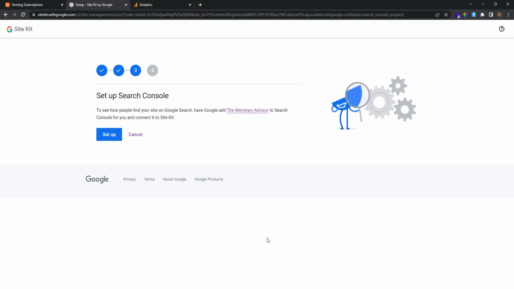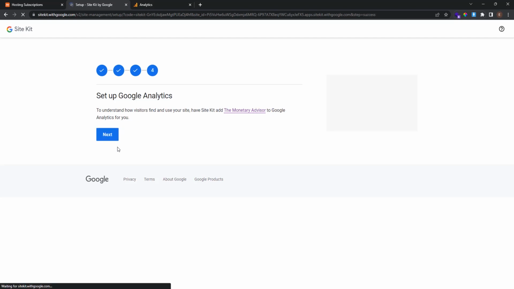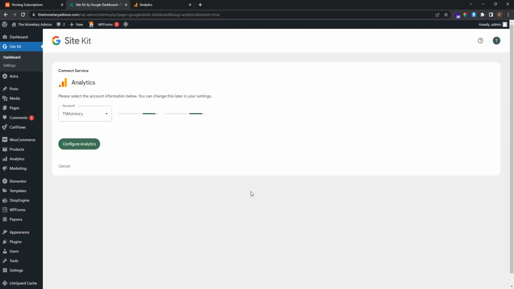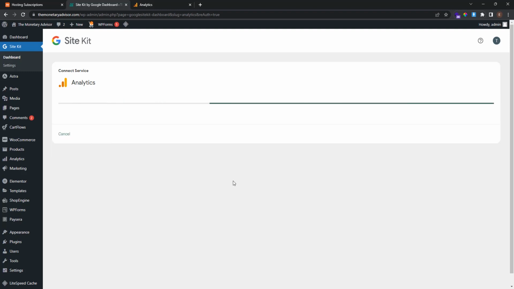Also, we need to set up the Search Console by clicking setup, and also click next to set up Google Analytics. Now the Analytics is connecting to our website, and as you can see, we can find here the account, the property, and the web data stream of our Google Analytics account. Click Configure Analytics,